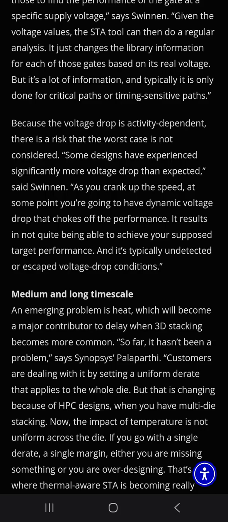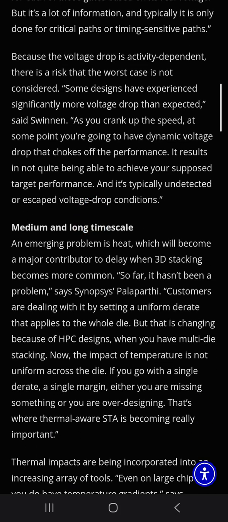Medium and long time scales. Another problem is heat, which will become a major contributor to delay when 3D stacking becomes more common. So far, it has been a manageable problem, said Palaparthi of Synopsys. Customers are dealing with it